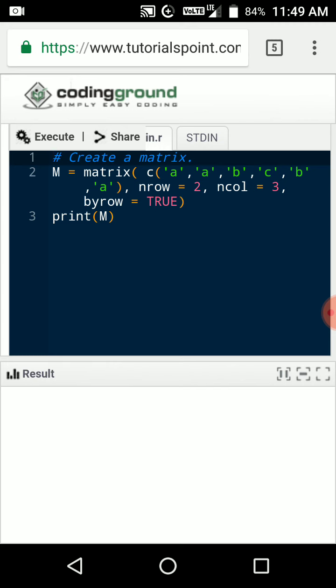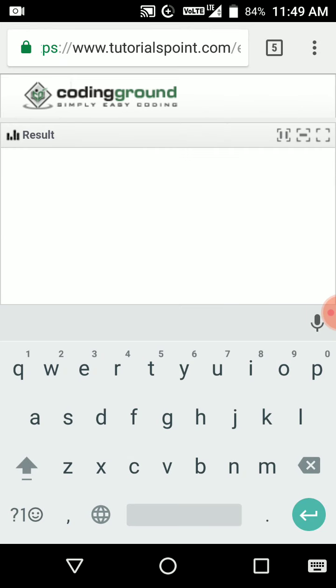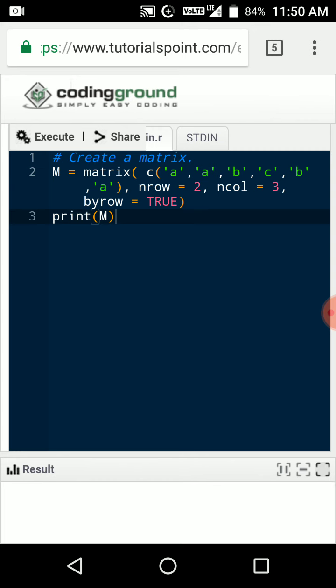We are creating M as the matrix, assigning the matrix function with the help of the C function. We have A, B, C, B, A. The number of rows is 2 and the number of columns is 3. We give the condition byrow equal to TRUE.